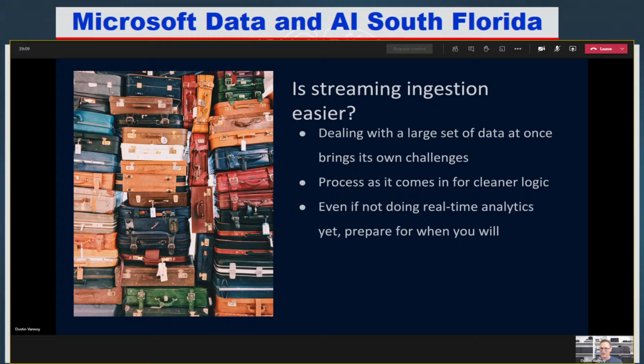We still might have some scheduled processing to aggregate data together. Trying to do joins on streaming data is challenging, don't get me wrong. But as we either have a need to go to streaming or choose to start doing our ingestion in a streaming fashion in order to prepare for the future, we'll find that there are actually some things that are cleaner and a little bit simpler to understand when we do it this way.